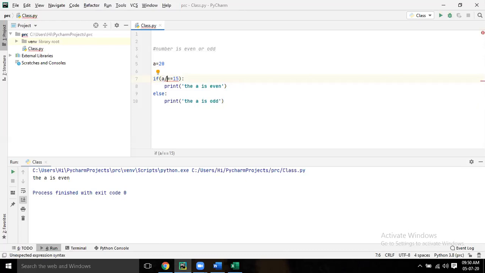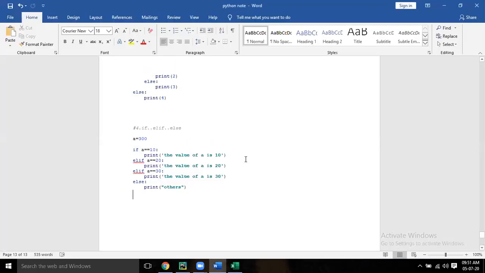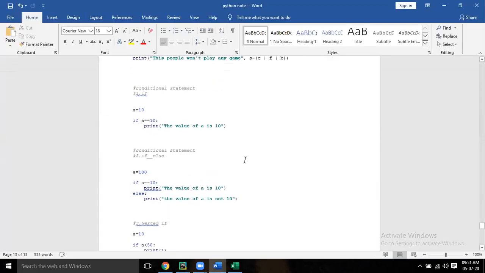Wait, how to get remainder? Which operator? In which operator will you get a remainder? Go to the document. Which operator is that? Arithmetic.